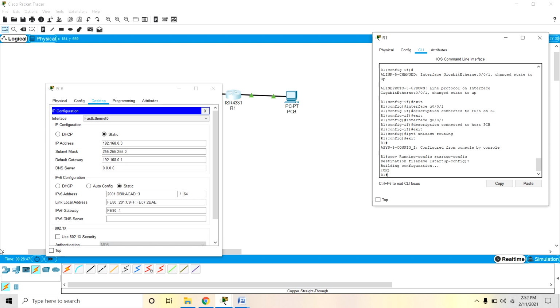Okay, anyone who wants to set the clock on the router can set it, otherwise you can leave it.